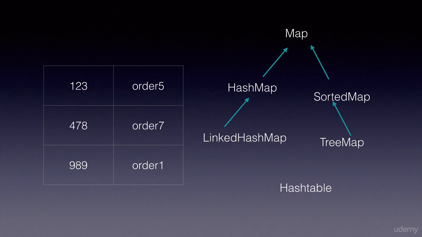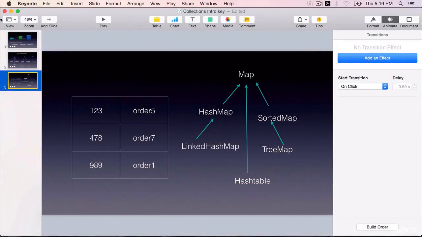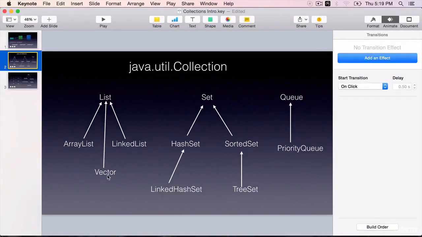Another legacy class that we have here is a Hashtable that implements a Map. It is very similar to HashMap, but all the methods on a Hashtable are synchronized. So in a multi-threading environment, again, we shouldn't be using a Hashtable. Most of the Java applications out there are multi-threaded, so we rarely touch the Hashtable and Vector classes. They are considered as legacy.